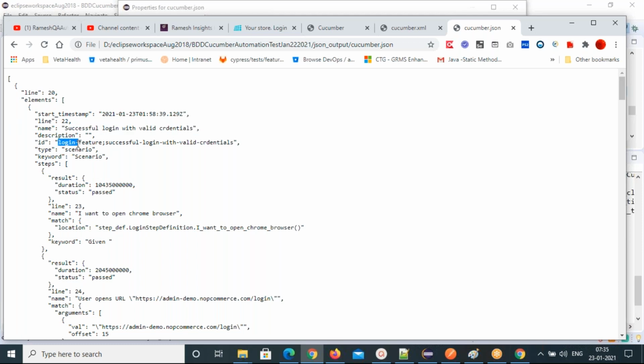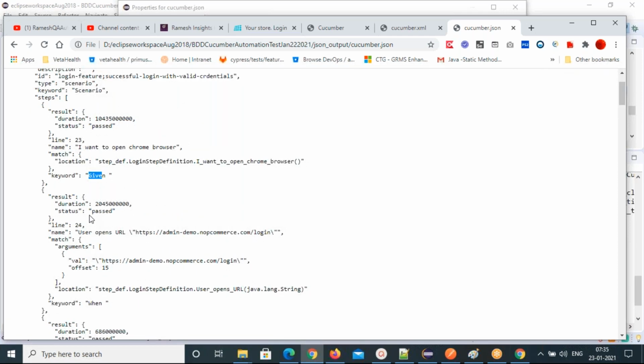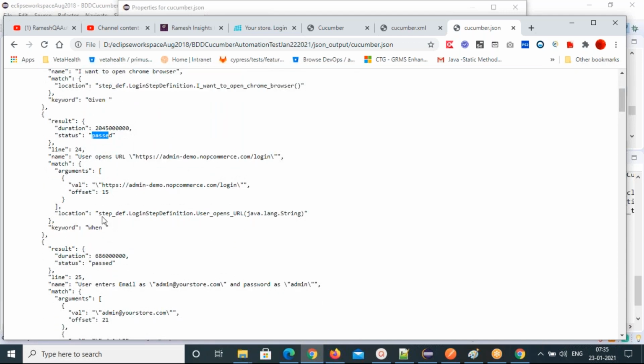ID, login feature, successful login with this, and the keyword, scenario keyword, and step name. Step status is passed. Name is I want to open Chrome browser. The keyword you have used, given keyword. Result is passed. The next step. So like this, all the steps you can see here.